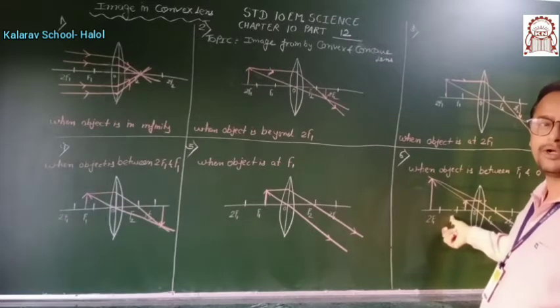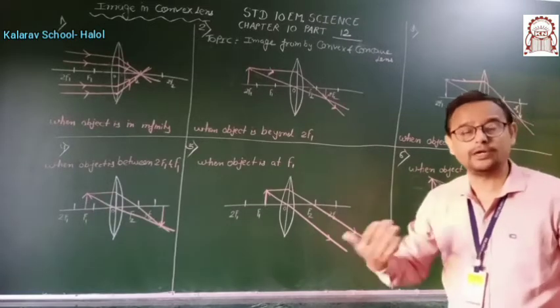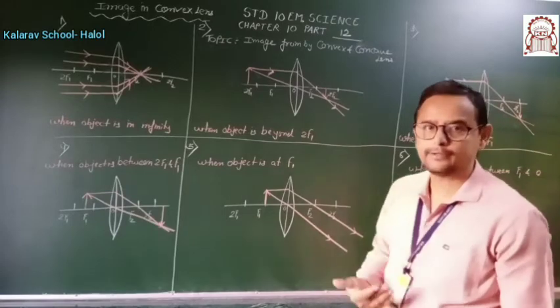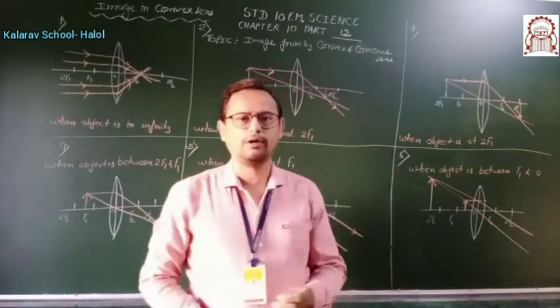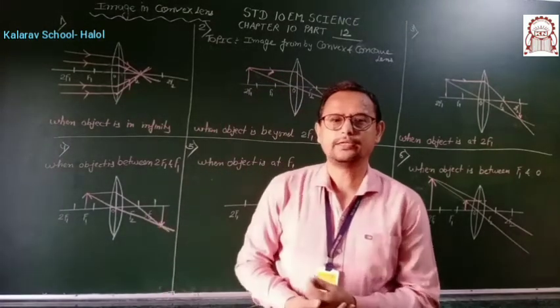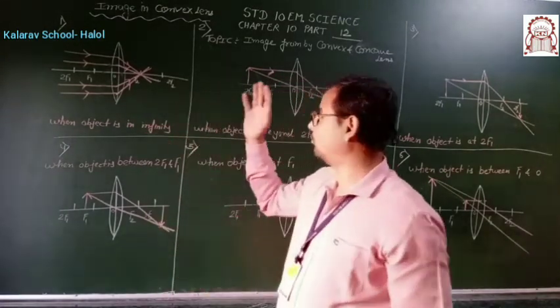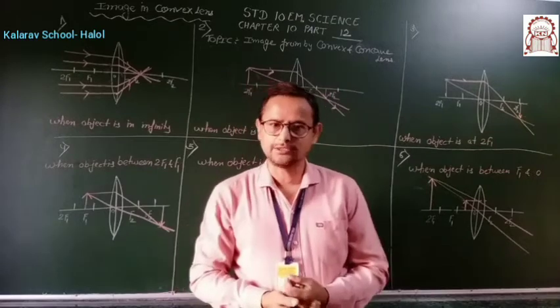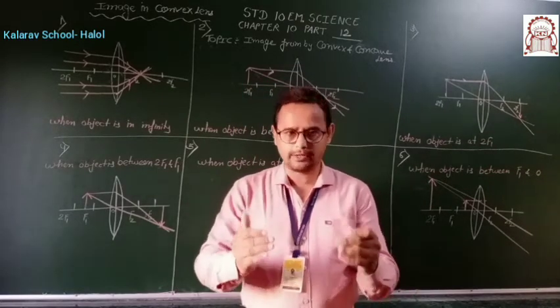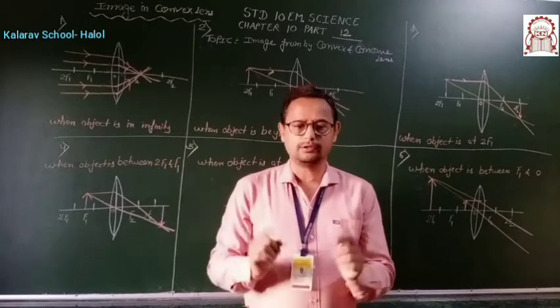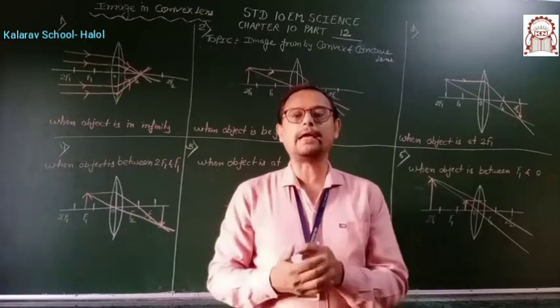The meaning of virtual is abhasi. You feel it, but it is not like that. Is it clear? So in this way we have drawn the images of convex lenses. Is it clear? Now all these things I have given in the PDF in detail with a table and everything,